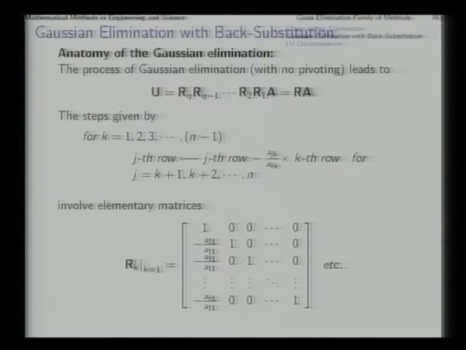Similarly, in the next case, when we want to reduce A32 to AN2, these things, to 0, then we will be having another set of elementary row operations in which the R2 matrix will emerge as the corresponding elementary matrix, in which similar entries will be found here. Everything else is same as the identity matrix, and so on.